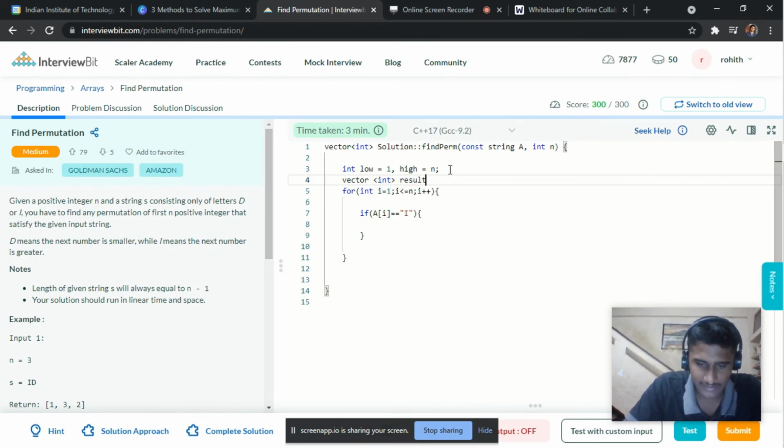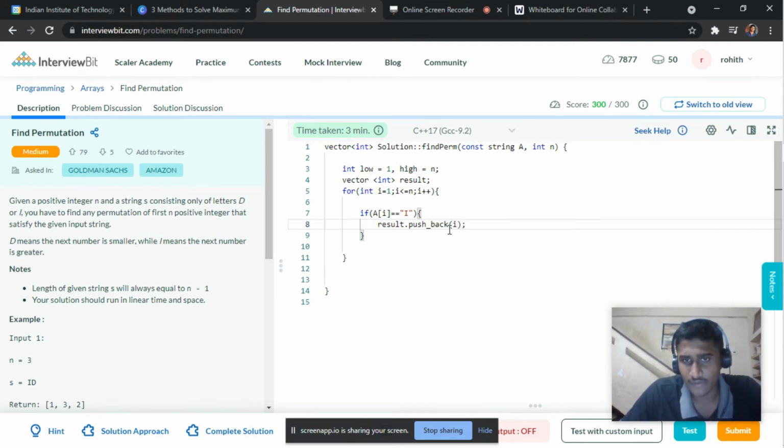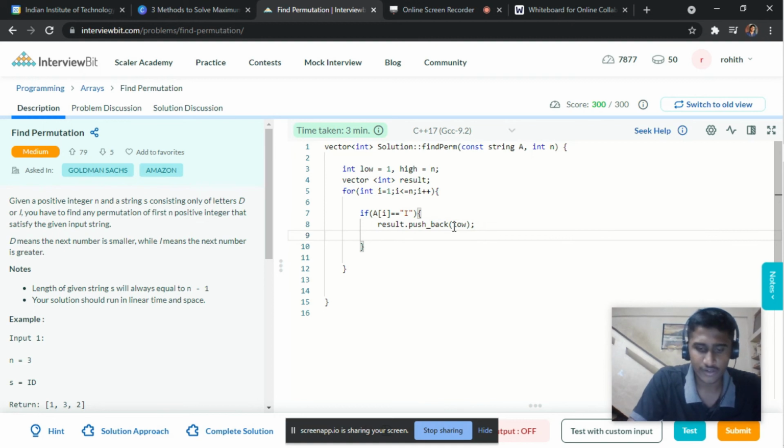In such cases, we are required to do result dot push back of low. Sorry, I mean this to be low. The low value we are required to push, and now low is no more low.